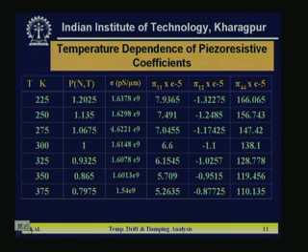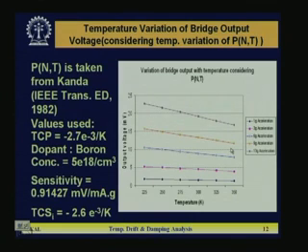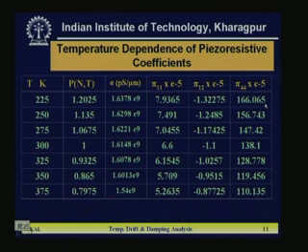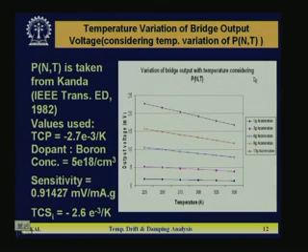Now, with that you can calculate the sigma also, that is the conductivity, and then pi 11, pi 12, pi 44. If you look into that table, the variation of pi 44 over temperature is much more compared to the variation of pi 11 and pi 12 with temperature. Here it is almost 7.9, 7.4, here 6.1, 5.7, but here 166 to 110. So, that is a wide variation; the room temperature value is 138. So, now with that pi 44 variation,